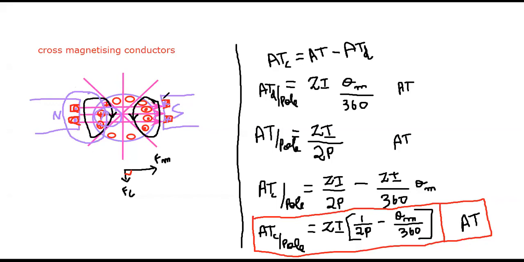These things I discussed in our previous class. Just for remembering, I am telling it now, right? And here the direction of flux will be in the opposite direction. So these two fluxes will neutralize each other. To eliminate the cross magnetization effect, we are going for the compensating winding concept. In order to eliminate the demagnetization effect, we are going for the extra winding concept in the field system, right?